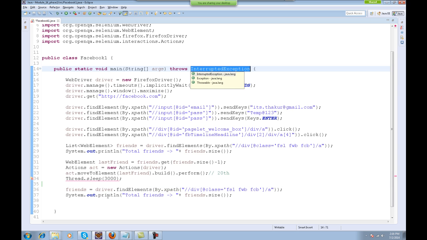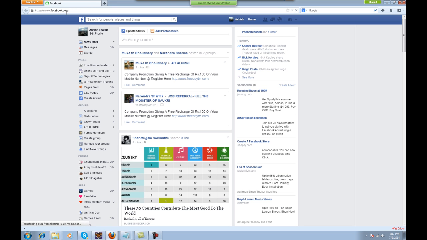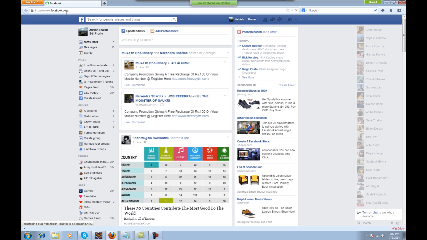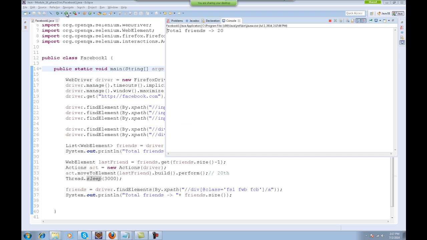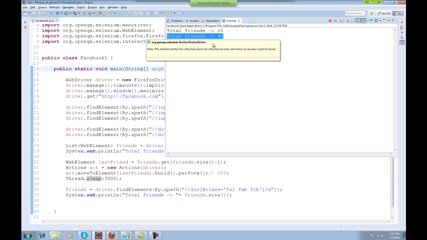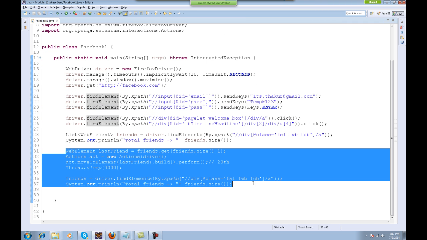Okay, and now when you run this, it actually scrolls. See, earlier it printed 20, it halted for some time, now the new friend list has loaded, so the friend list got updated, new 20 friends came up. So you can use this logic again and again.